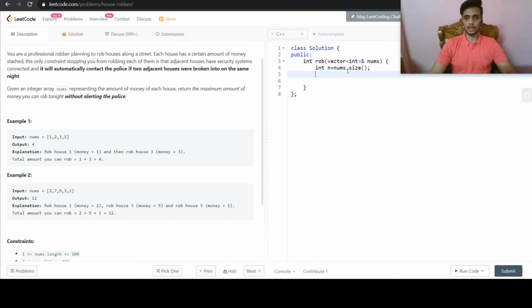First of all, we took out the length of the nums array. Then we will check if there are no houses at all. So the robber gets to rob nothing and we return 0. If there is only one house, then the robber gets to rob that house only, so we'll return the value that is inside that house.